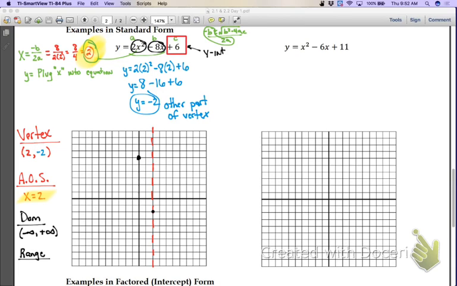So now I have another point that I can do. Because I have the one that's on the left side, I can now do the same thing and put the same value over on the right side. Now, if you're not sure about how to find the y-intercept by just looking at the very last number, the constant number, then you can always plug values in. Okay, if I plug in 1,